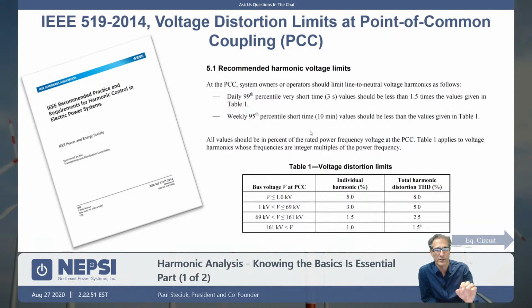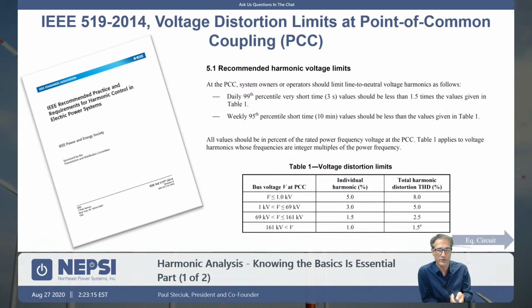The IEEE 519 has voltage distortion limits at the point of common coupling. So this is basically the metering point by which the utility is supplying the industrial complex with power. So normally it's a metering point, medium voltage point, or high voltage point in a network, and it is a